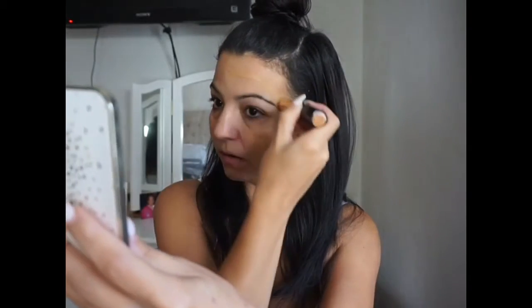Okay guys, so I already moisturized and I also primed my face using Makeup Forever primer. So now I'm just gonna go in with the Anastasia foundation sticks and start my foundation. I kind of like to just take this and just draw some lines all over my face, and just put a little extra where I need more coverage, just like right on my cheek,